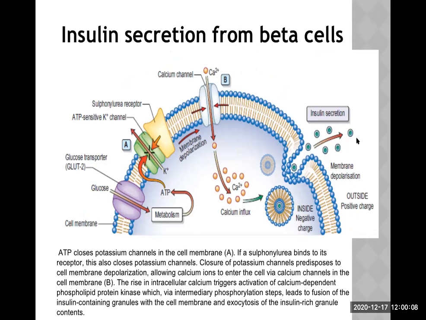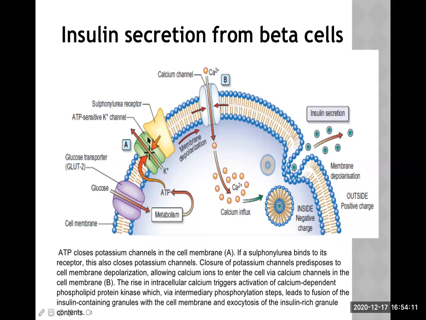Now, all of you, please focus on this slide. This slide is telling us about the insulin secretion from the beta cell. Okay, now let's talk about how insulin is secreted from the beta cells. So before that mechanism, we should know what the important things are here, meaning the important structures present on the cell membrane. Now see, there is a GLUT2 transporter whose function is transporting glucose from outside to the inside of the beta cell, and it doesn't need the help of anything. Means glucose can easily pass through it.